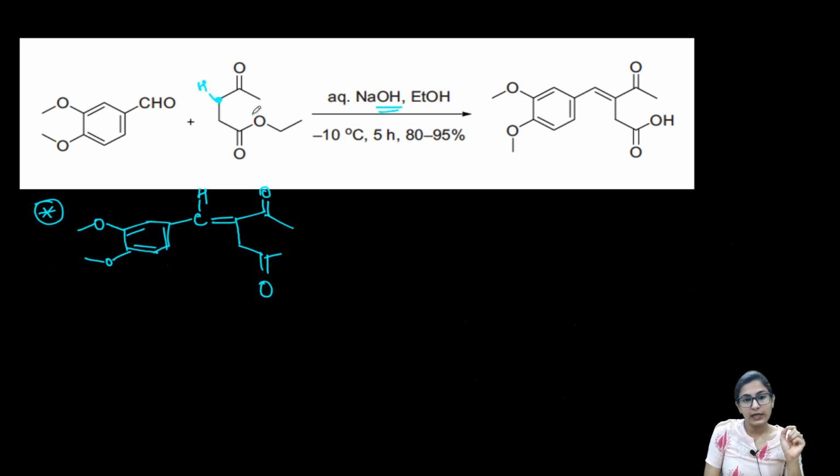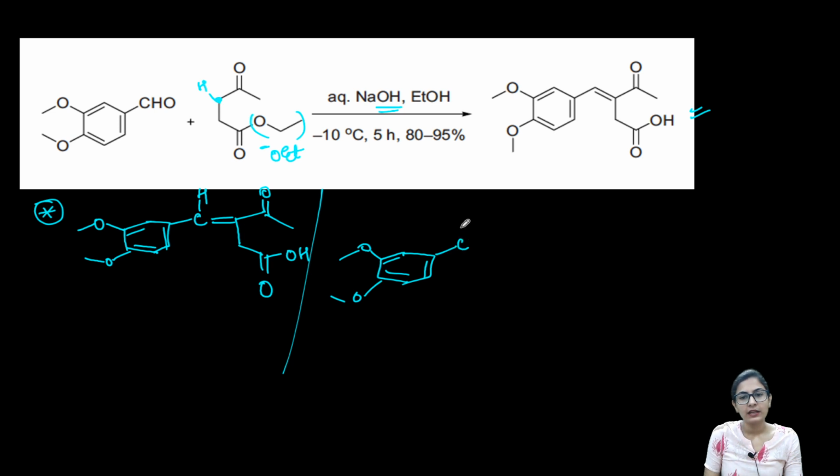So this is the OEt group, the ethoxy group, which is going to be removed. Alright, so I'm just directly considering OH over here. So this is what you are going to get, right? So this is the whole product, and I guess without considering the mechanism, it is very easy and simple. And if you want me to write, I can write a little bit. So this is how it is going to be, the O minus, the enolate formed over here, right?